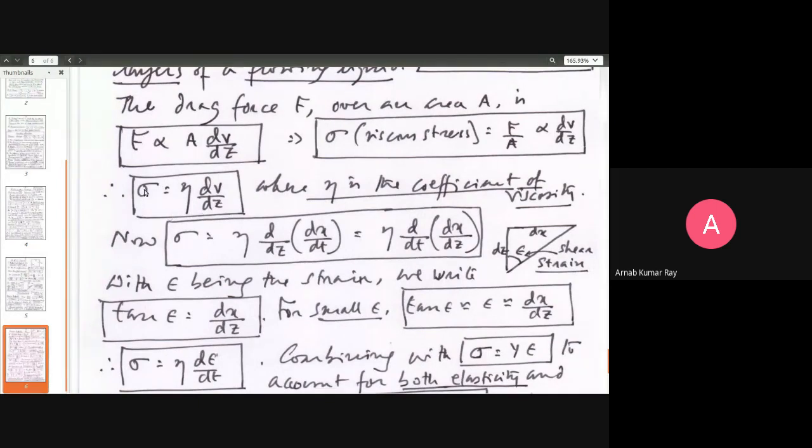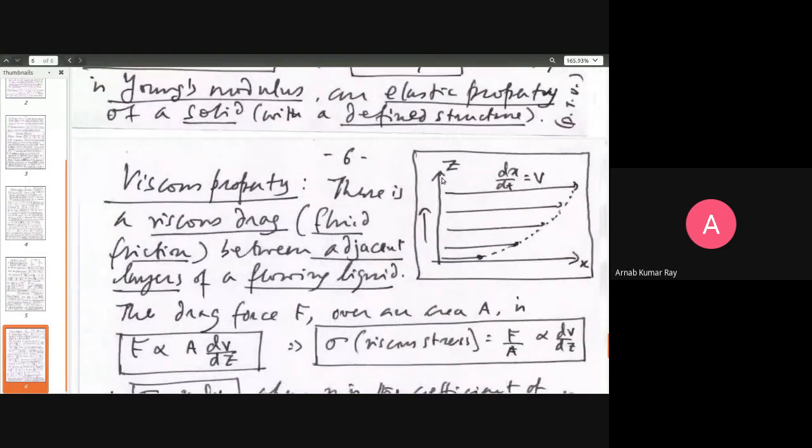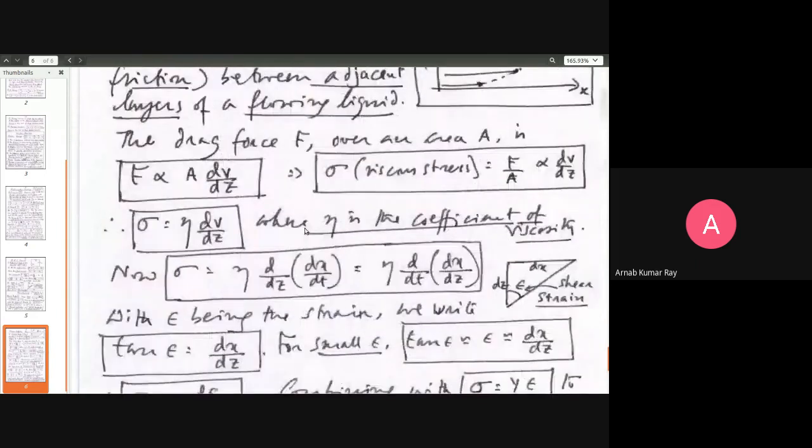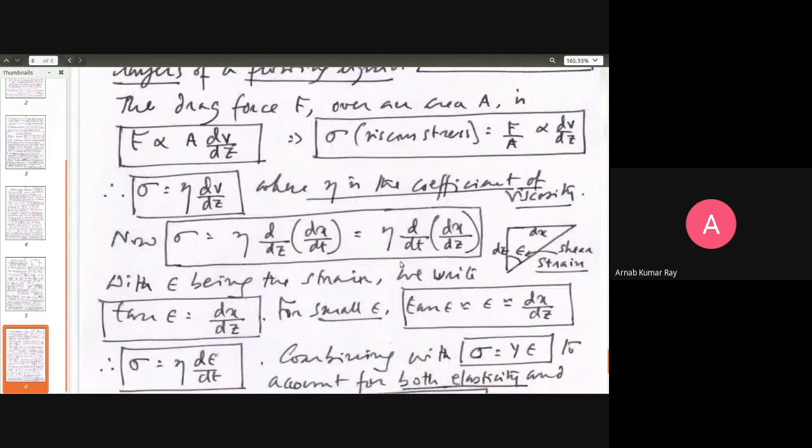So what we do is that sigma is equal to eta dv/dz. And what is dv/dz? v is the velocity in the horizontal direction, so v is equal to dx/dt, as has been drawn here. So we write sigma is equal to eta d/dz of dx/dt. If you have this, then the next task is you just exchange these two, dz and dt, in the denominator. Earlier you had dt first and dz after that, but now you are interchanging them. You have dz first and dt after that. So that you can do, very simple. Now we shall look at what is dx/dz.